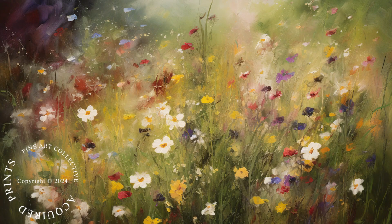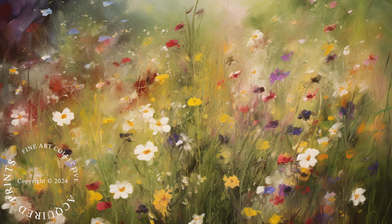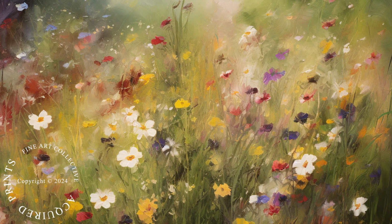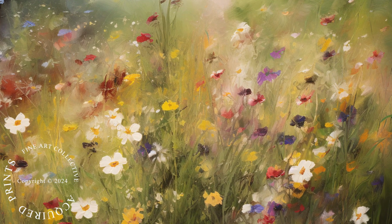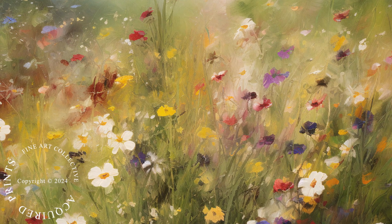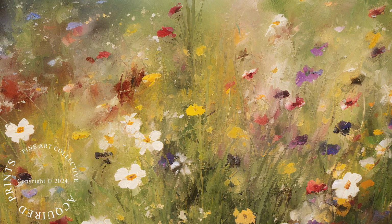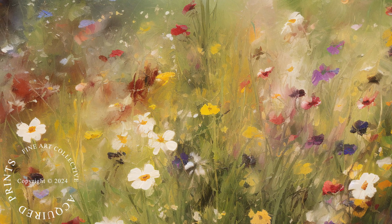Here, you're stepping into a slice of spring where time stood still. This piece is called Vintage Blooming Wildflowers in Spring. This painting is a heartfelt nod to those simpler spring days that feel like memories even as you live them. It feels like the earth wakes up from its winter slumber, dressing up in its finest palette, a splash of